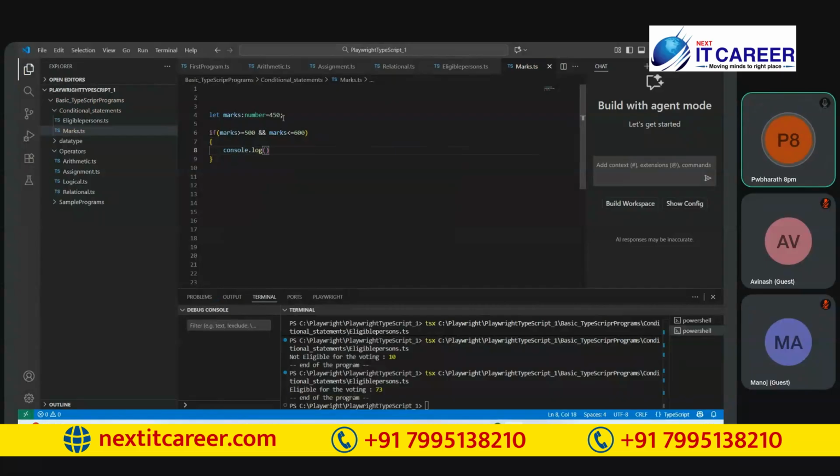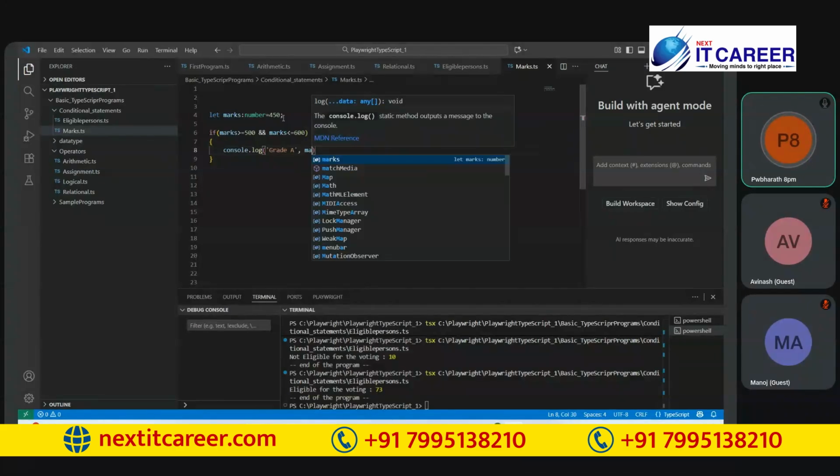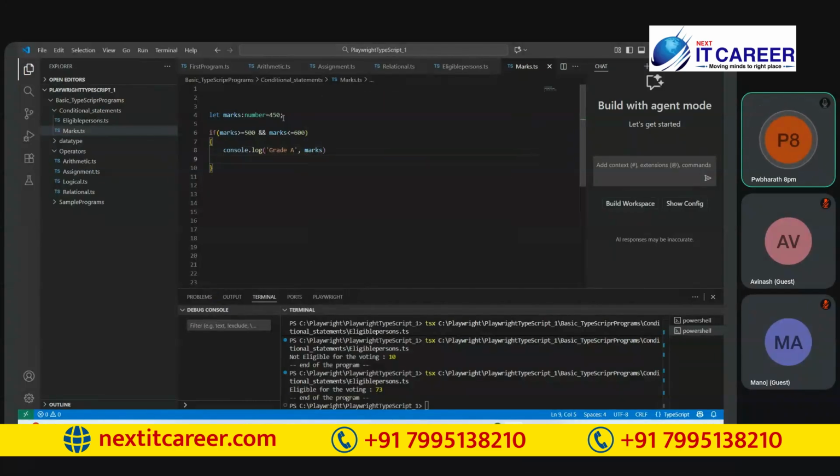console.log grade A. I need output grade A with the marks. Is it clear? Yes, Bharat. If I put one more, again else if,